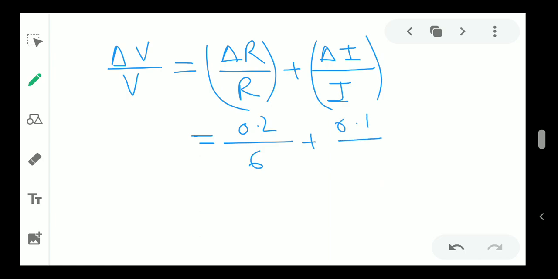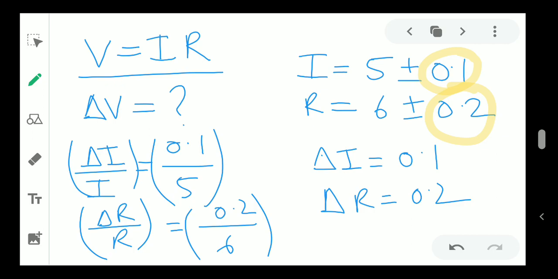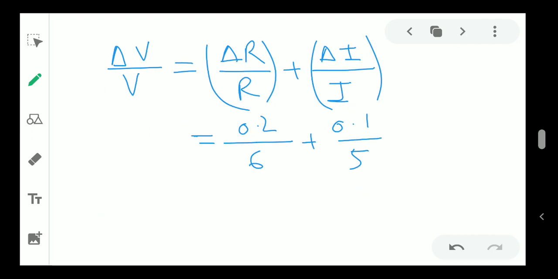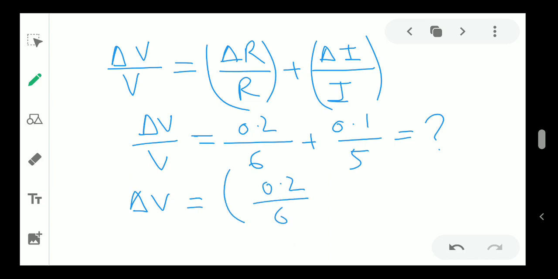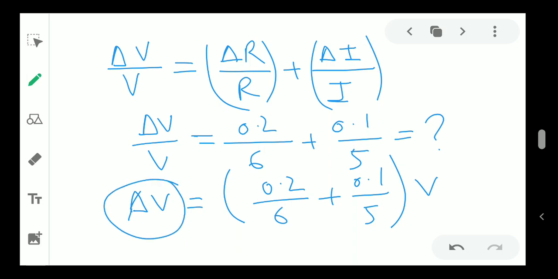I am not going into the calculation, but just showing you so that it will be quick. So you already got delta V by V. Whatever you get from here, if you multiply this whole thing with your value of V,